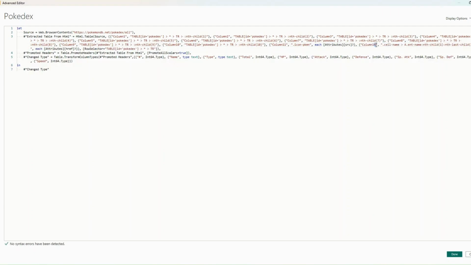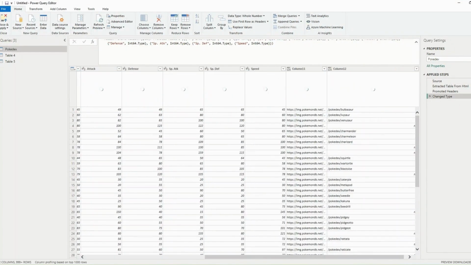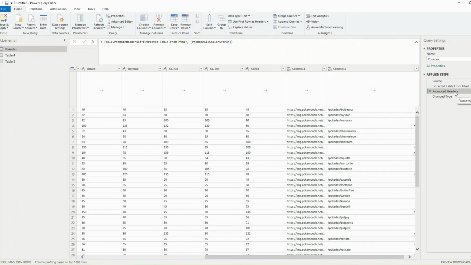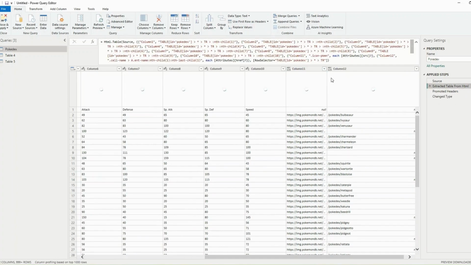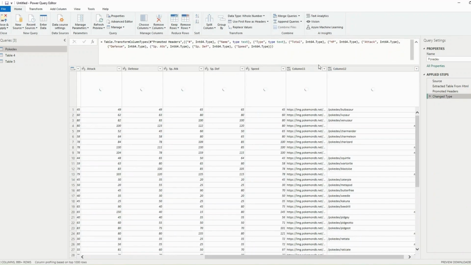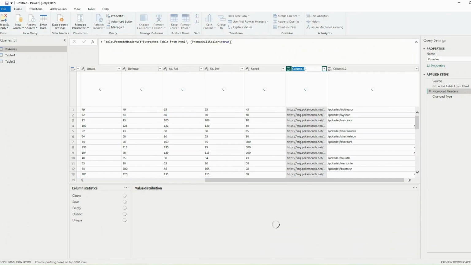Tapos palitan natin ito ng 12. Yan. So, dapat mawawala na itong, ayan, nawala na siya. Promoted headers, extracted table. Ayan, promoted headers. Wait lang. Gawin na lang natin 'tong